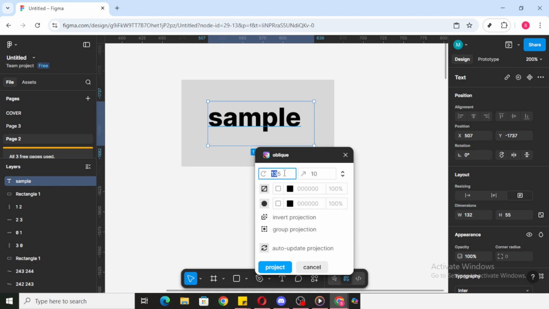The plugin will show fields for angle and projection distance. Set the angle to 10. This angle tilts the projection so your text appears to pop in a consistent direction without looking too extreme. Then set the projection distance to 20. Think of this as the depth of the 3D effect. A higher number pushes the text farther back and creates a longer shadowed edge, while 20 is a solid, balanced